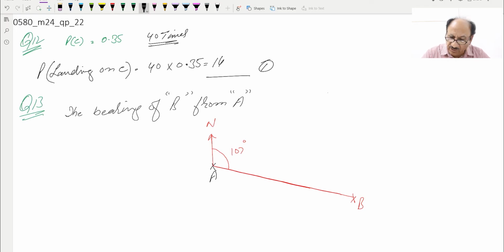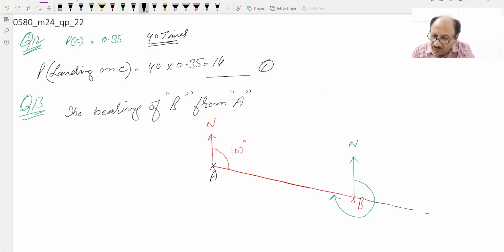So calculate the bearing of A from B. Now we will go to B, and we will draw north over here, and this is the north. Now we need this angle, and how will we find this angle? We will extend this line, the AB line, with a dotted line. This is a straight line, and a straight line angle, you know, is 180 degrees. So this angle is 180,